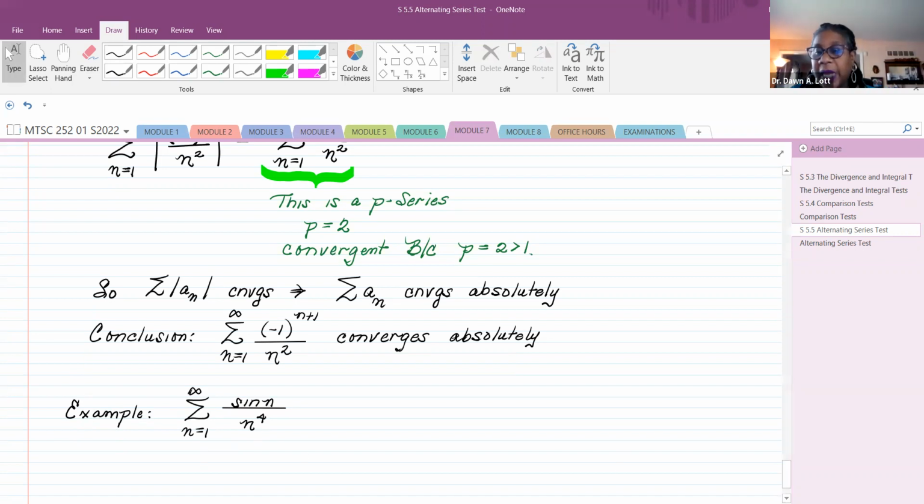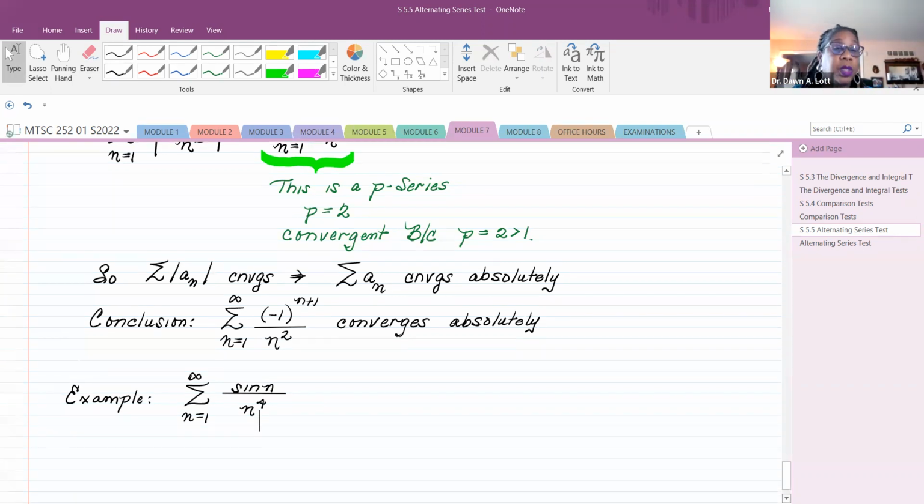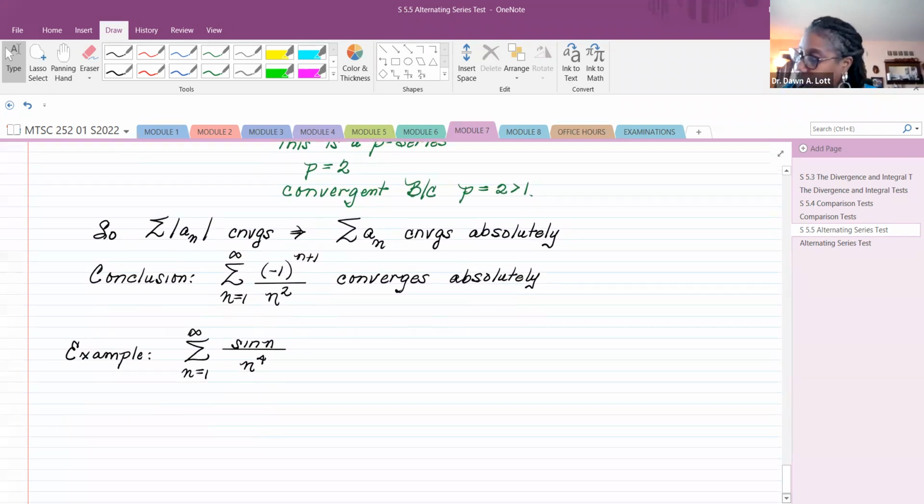Okay, so that series, I don't see (-1)^n, but it does alternate between positive and negative. Even though I haven't used the alternating series test, I can still look at the absolute value of this series. So using the tests for absolute convergence,